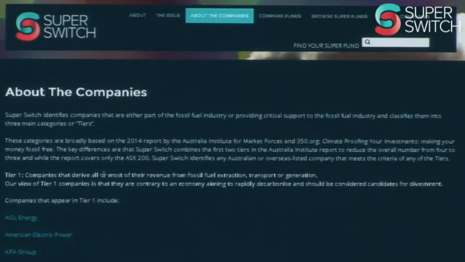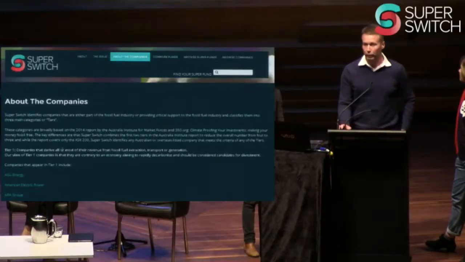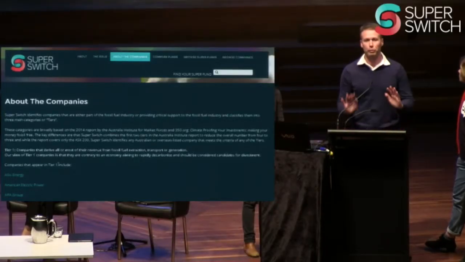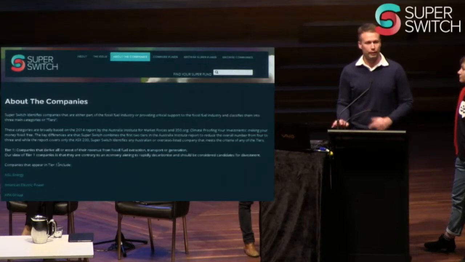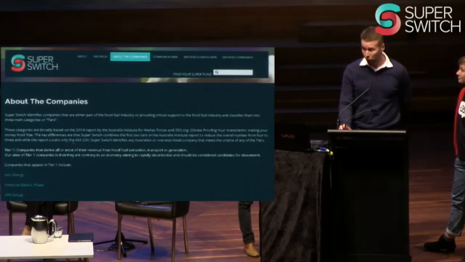So we'll update not only the data on funds, but also the data about the companies. And if an engineer stops working in fossil fuels, then they'll drop off the list of being a tier 3. That's great. If one of the tier 2 companies says, no, we've had enough of the coal business and we're going to drop that and we're not going to have any more fossil fuels, great, they drop off the list. So it will all change over time, and hopefully, based on the engagement from all of you,